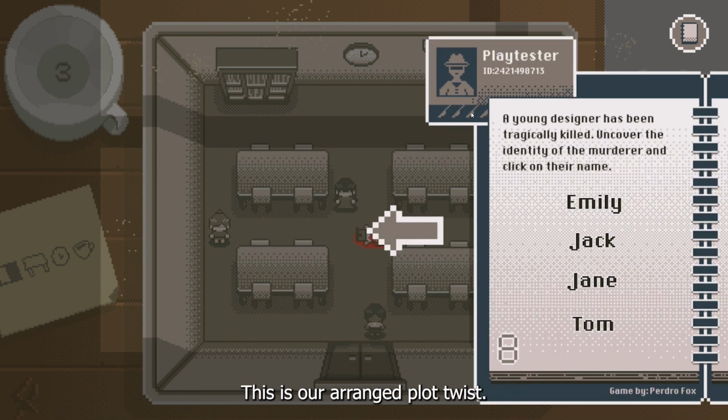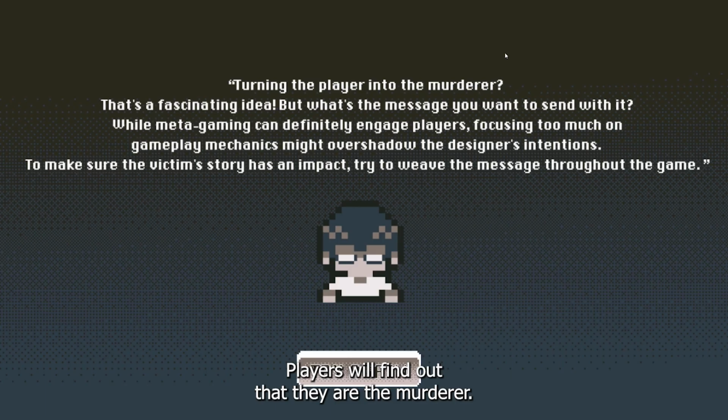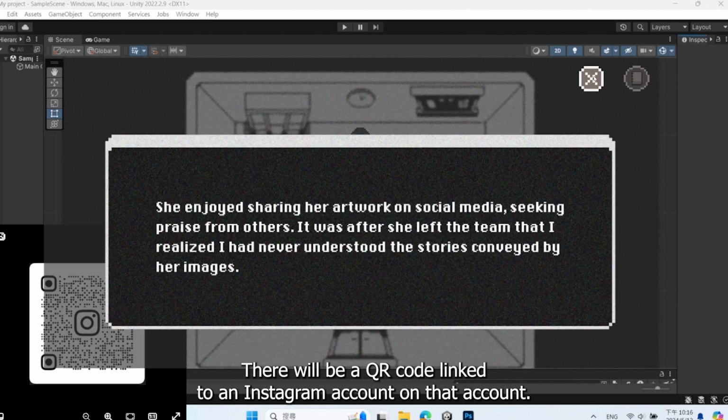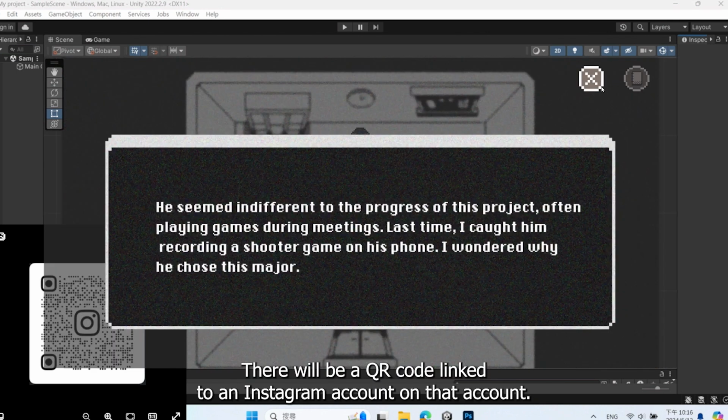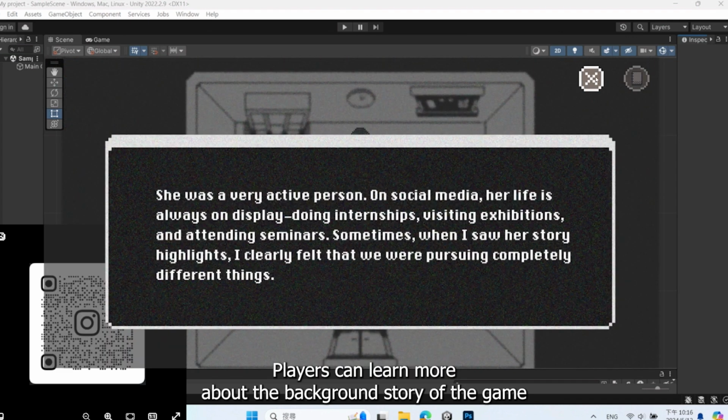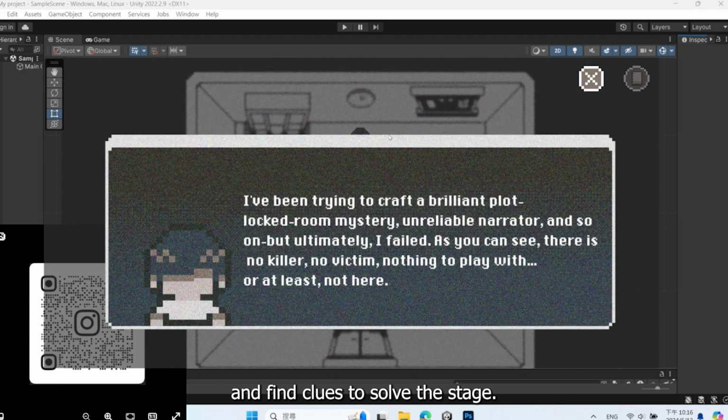This is our arranged plot twist. Players will find out that they are the murderer. Stage 3 will be a draft version of the previous stages visually. There will be a QR code linked to an Instagram account. On that account, players can learn more about the background story of the game and find clues to solve the